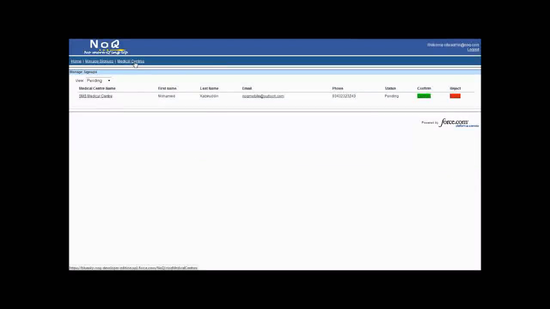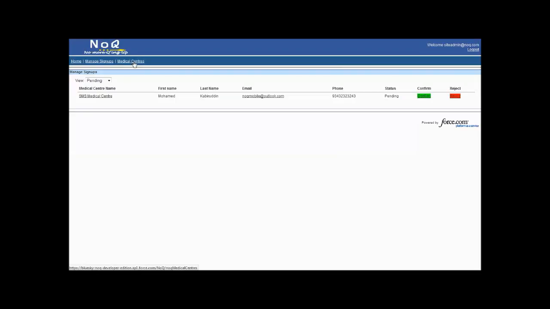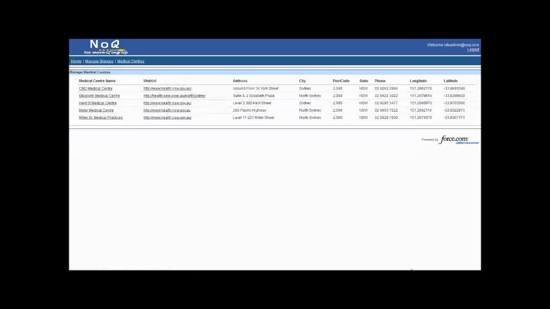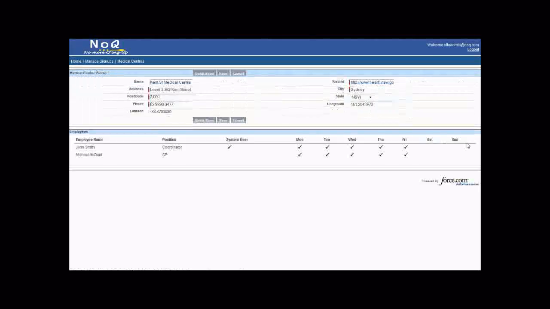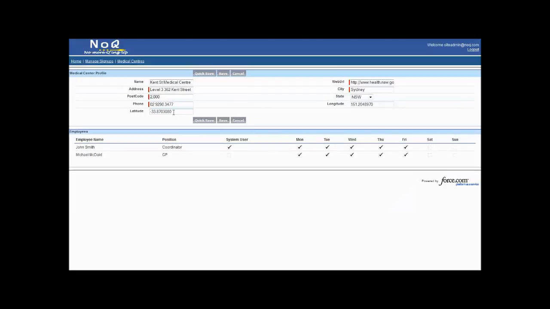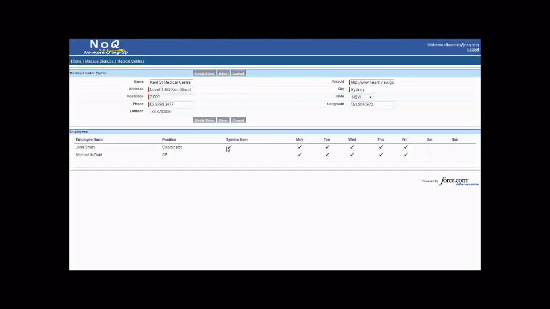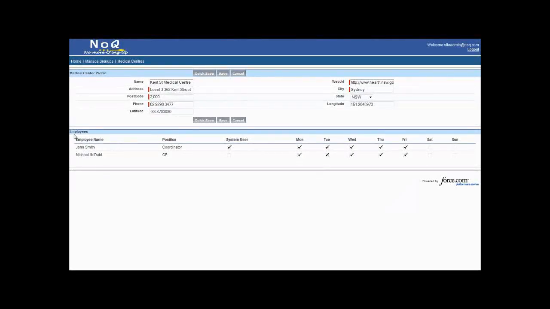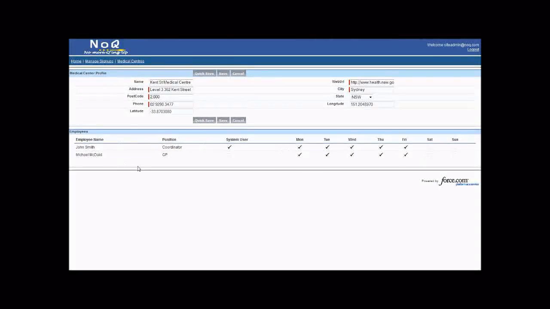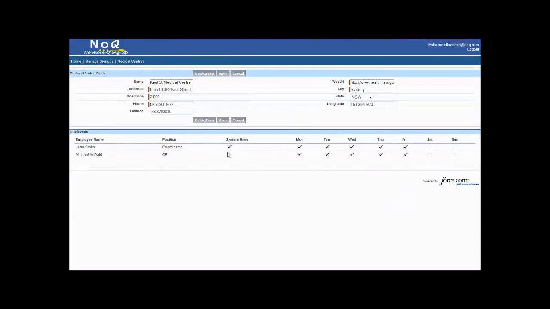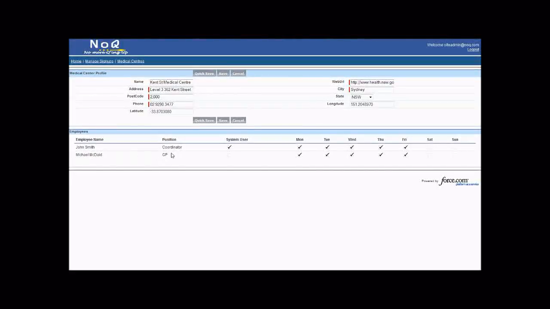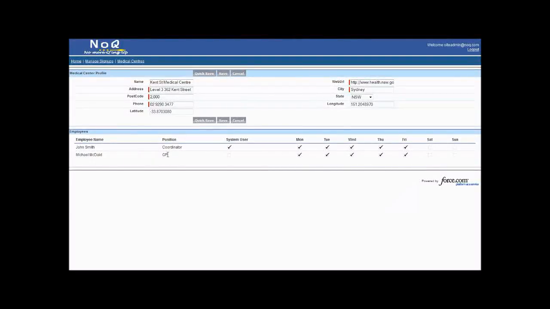So as a site administrator, I can also see the list of medical centers that are registered with the system. All right, so there you go. You have all the medical center names listed here. If you click on one of these, you're allowed to change the map's latitude and longitude as well, which is important for the mobile application. So at the bottom of the screen, you see all the employees for this medical center. By default, there's one coordinator set up, and the remaining can either be a GP or a secretary, which can be more than one